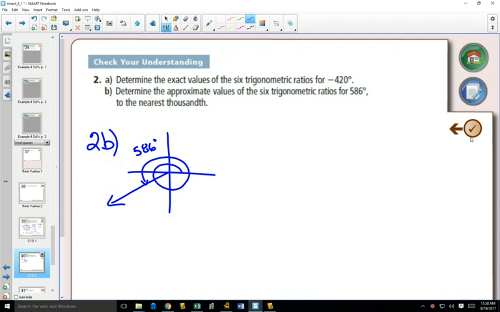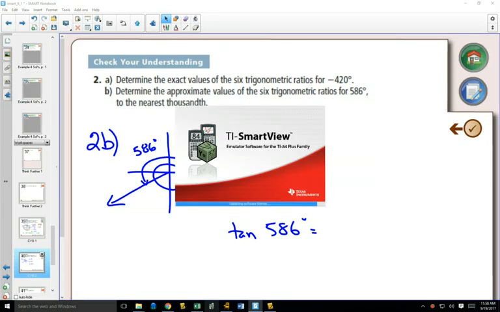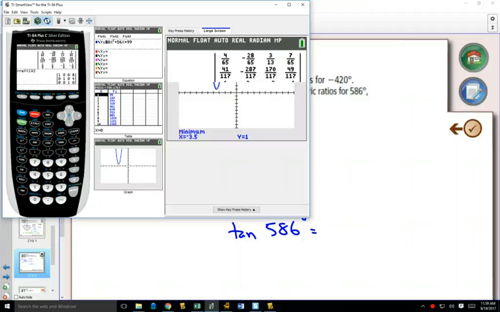Now they want you to find all 6 trig ratios, so they want you to find what sine of 586 degrees, cos of 586 degrees, and tan of 586 degrees. Well, what we're going to do is we're going to go to our calculator. So once we have our calculator out,